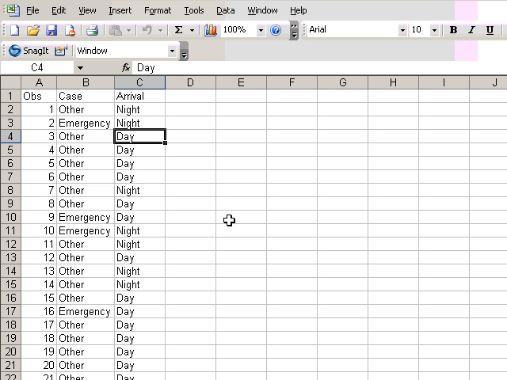We're now going to look at the question of whether case, that is, whether the case was an emergency or other, is independent of whether arrival time was day or night. To do that with chi-square, the first thing that we must do is to create a contingency table that includes all of the data. To create the contingency table, we will go to Data,